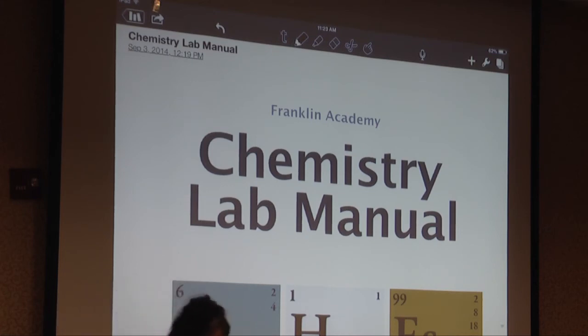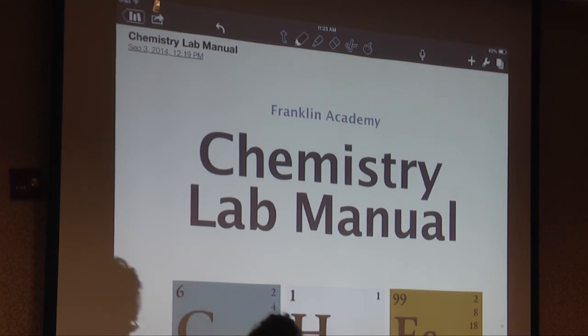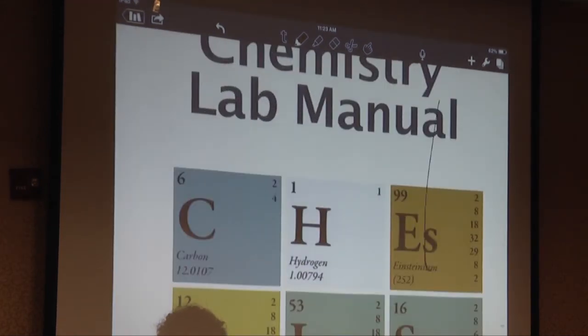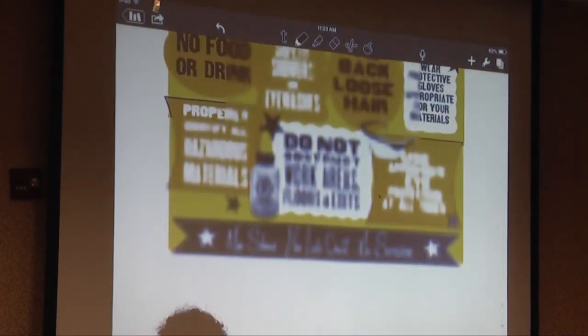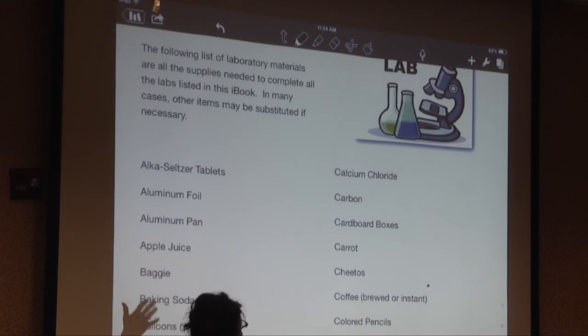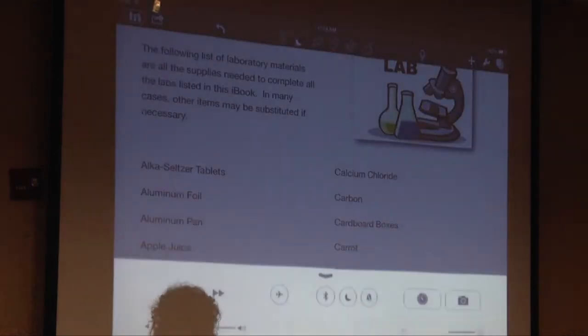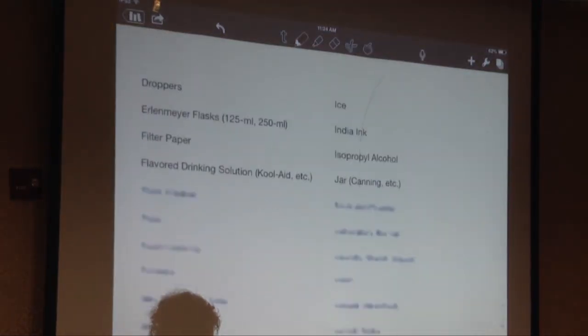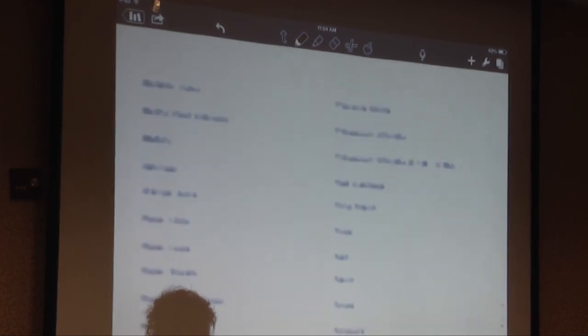It took me time just to upload. There's 285 pages in this iBook right now, so that took some time just to create. So I first list all the lab materials that you're going to need if you were to do every single one of these